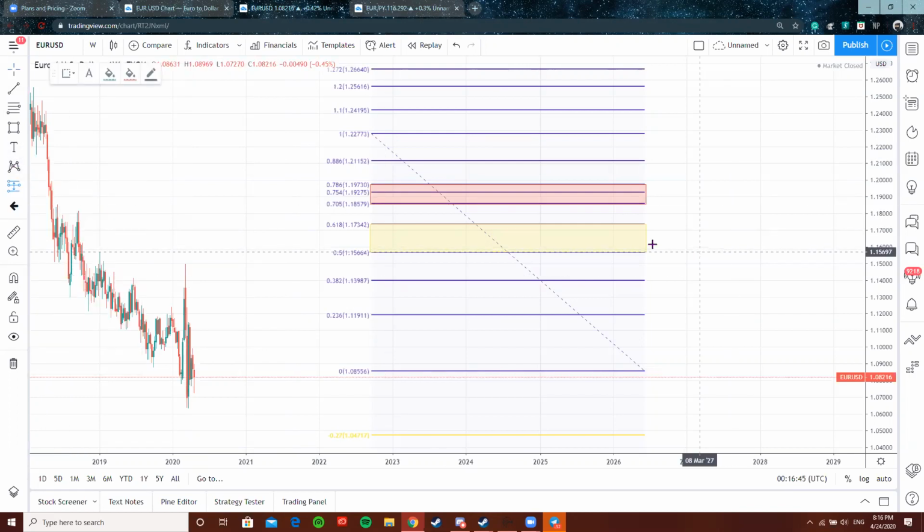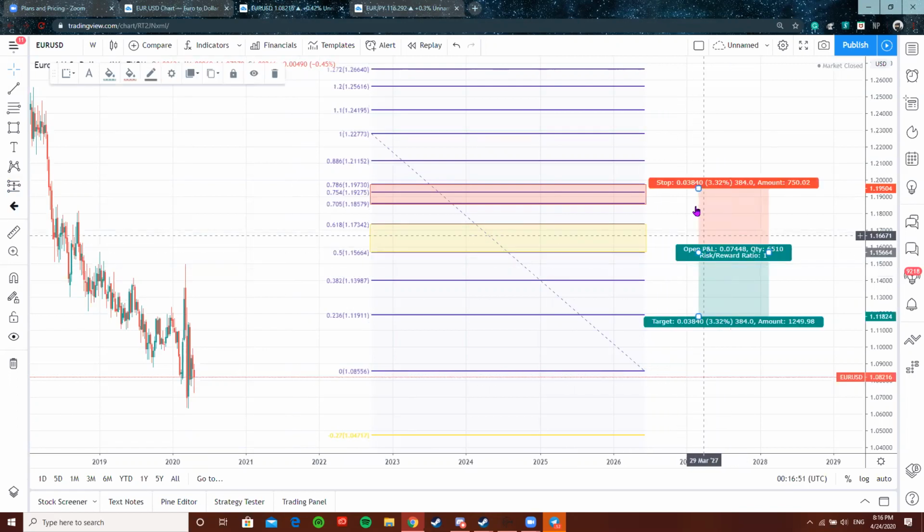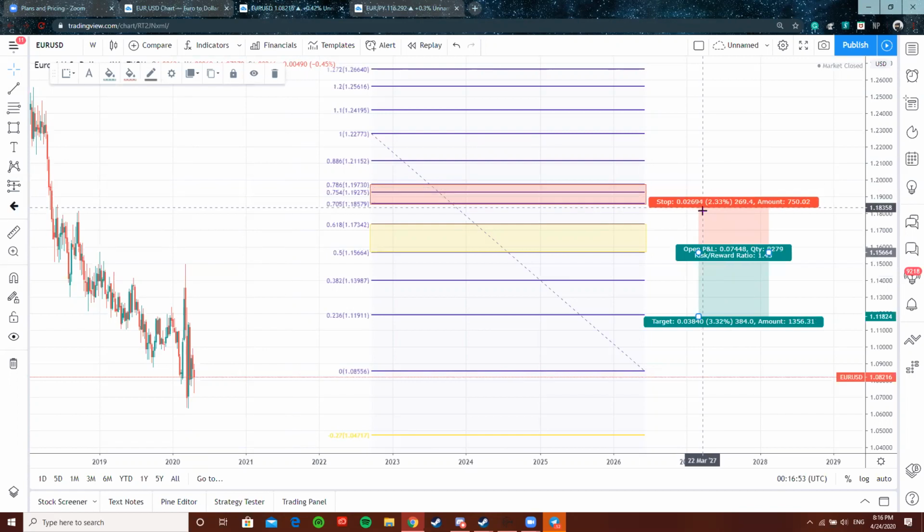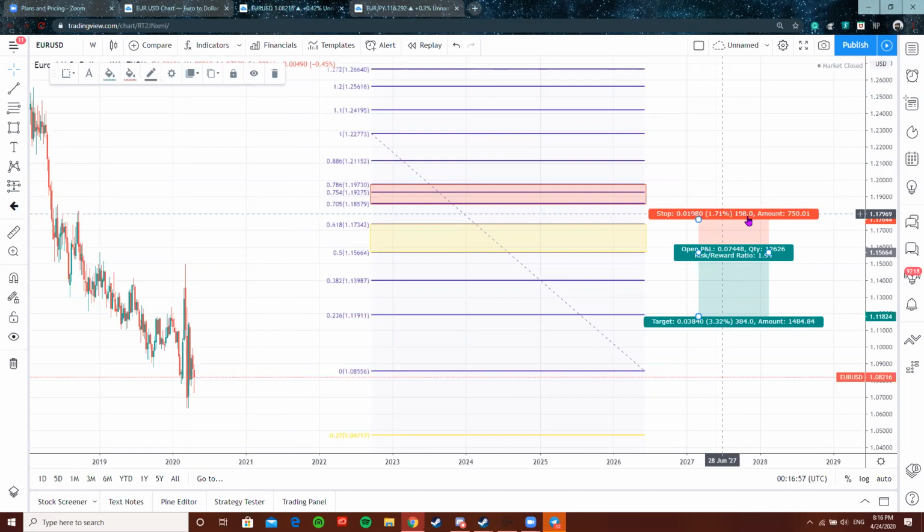So say you're going short. This is going short because it's from swing high to swing low. So you enter, say, right at the 50. You enter right at the 50. Boom. Your stop loss should be a little bit behind the 61.8, meaning like right there. Of course, your stop loss isn't going to be 198 pips, but it's going to be somewhere right around there, right behind the 61.8. Not on it, just a little bit on top, give it a little bit of breathing room.